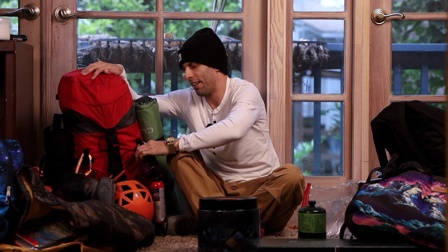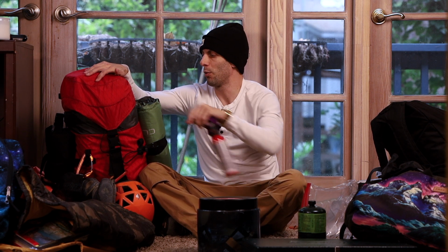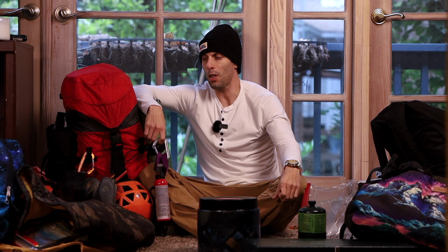One thing I am bringing on this trip that I don't normally bring is bear spray. So we're kind of getting into that hyperphagia season. Basically what that is, towards the later half of the season, bears start getting really hungry because they need to go into hibernation. And so, you know, I hardly ever carry bear spray, to be honest with you, but